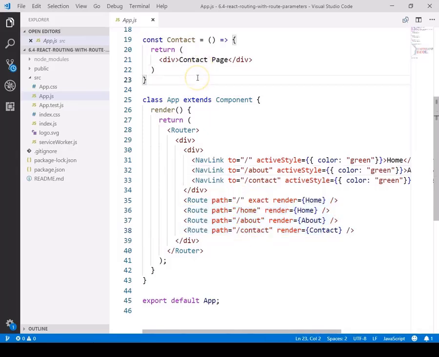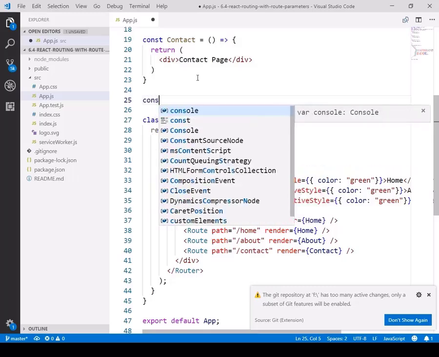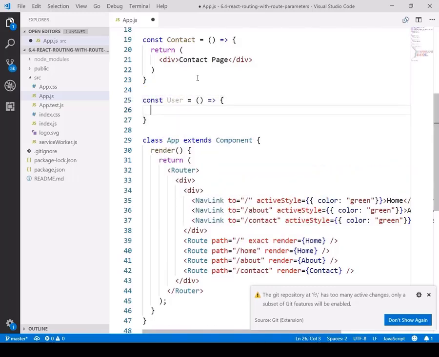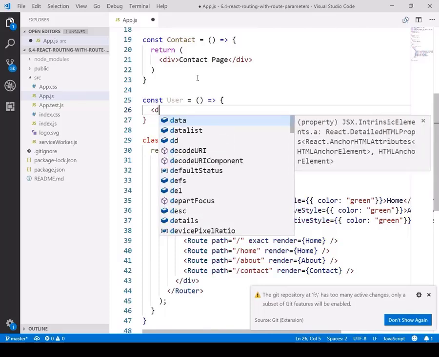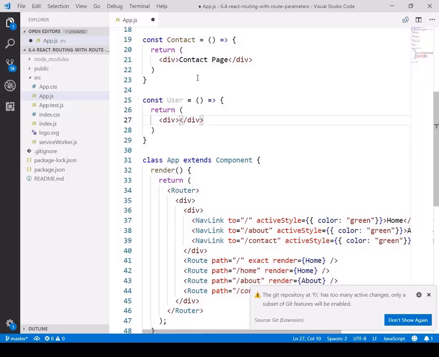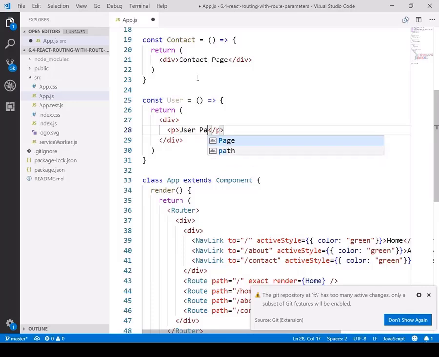Further to that, I am going to create one more route. In this route, we will be requiring one more component. I keep this name as User. In this user component, I will return the JSX. As of now, I am returning user page.